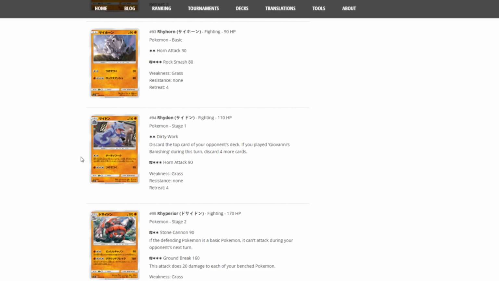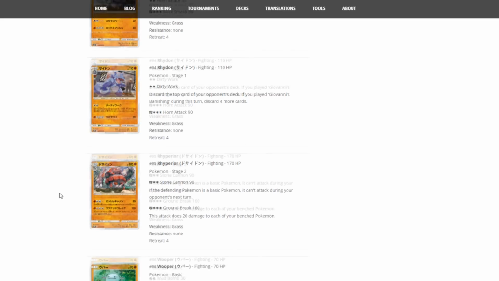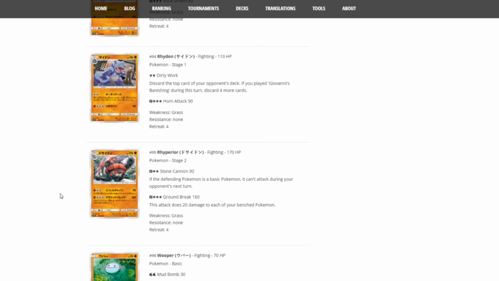deck. And then for 1 fighting and 3 colorless, Horn attack 90 damage. And then Rhyperior finally, 1 fighting, 2 colorless, Power Slam 90. If the defending Pokemon is a basic Pokemon, it can't attack during your opponent's next turn. And Ground Break 160. This attack does 20 damage for each of your bench